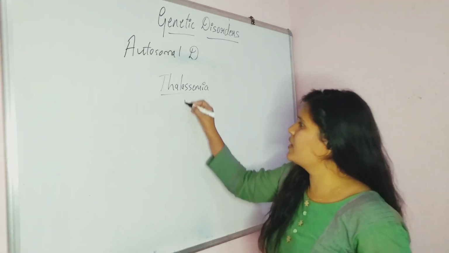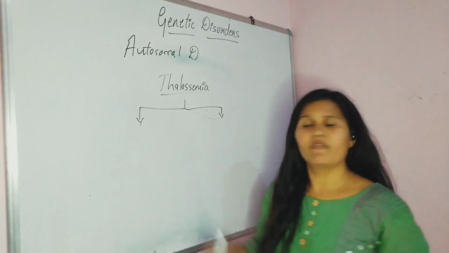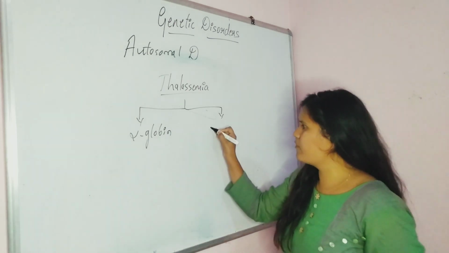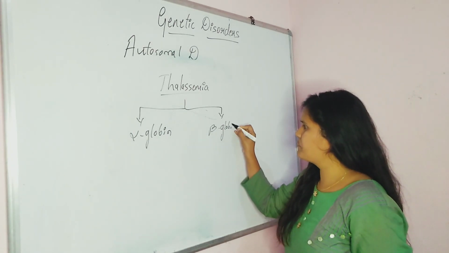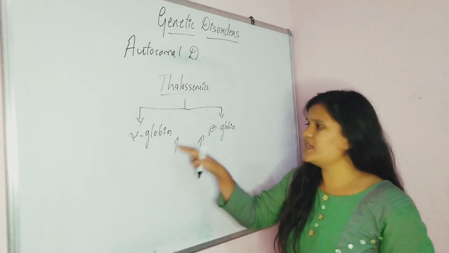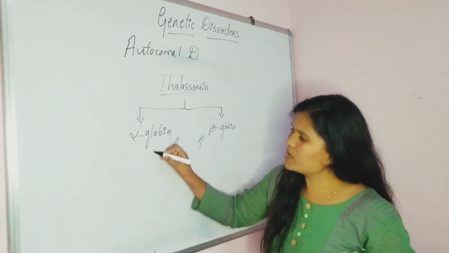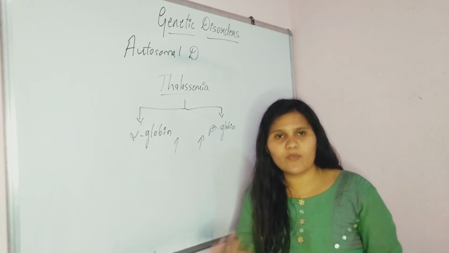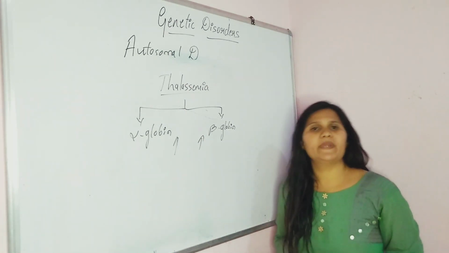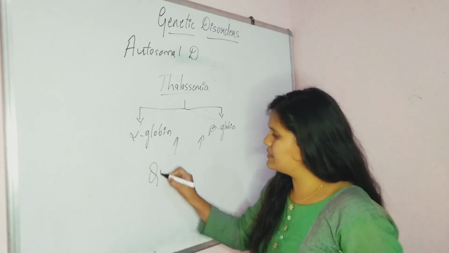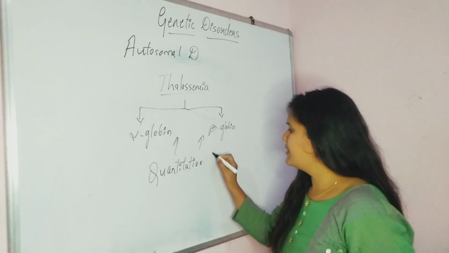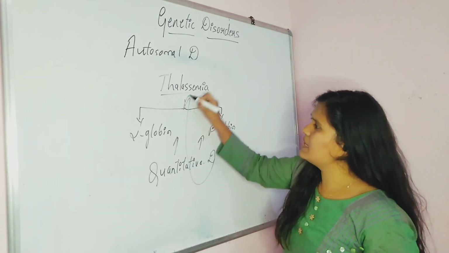Why? Because we have studied the two globins, that is the alpha globin and one more is the beta globin. Here the production of the blood will increase due to these two globins. So suppose if the alpha globin proteins are produced more, then the blood will be produced more. It is the same in case of the beta globin. So it is called a quantitative disorder, which comes under thalassemia.